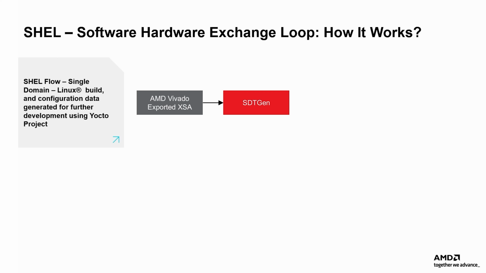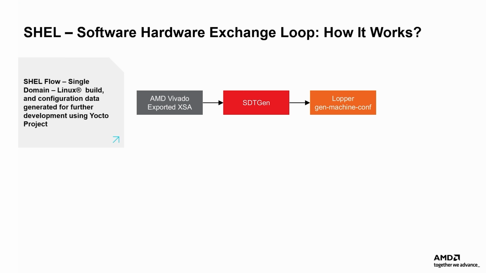SDTGen translates proprietary output from the AMD Vivado Design Suite into a stable, open-source, text-based format. This format is designed to be reliable and accessible for any tool, vendor, or customer. Next, Lopper takes the system device tree and applies a series of operations to that tree and outputs the result. This capability makes it an essential tool for managing and transforming device tree data in various development environments.